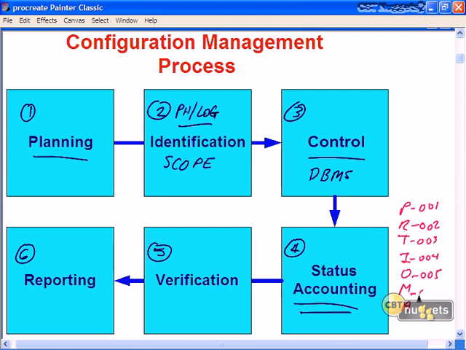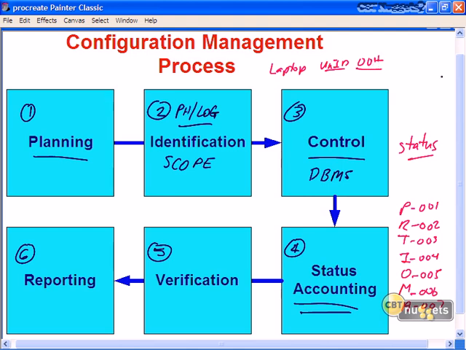You following me here? And then what happens is you've got a field of the database. As a matter of fact, as we talked about from the ITIL version 3 standard, the status field is considered mandatory. So each configuration item, let's say you've got a laptop device, you have a unique identifier. That's one of the mandatory fields, a unique ID, and then you've got a status field which will have a value of 001 to 007. Okay, so if the status field has a value of 004, then we know that that device has actually been